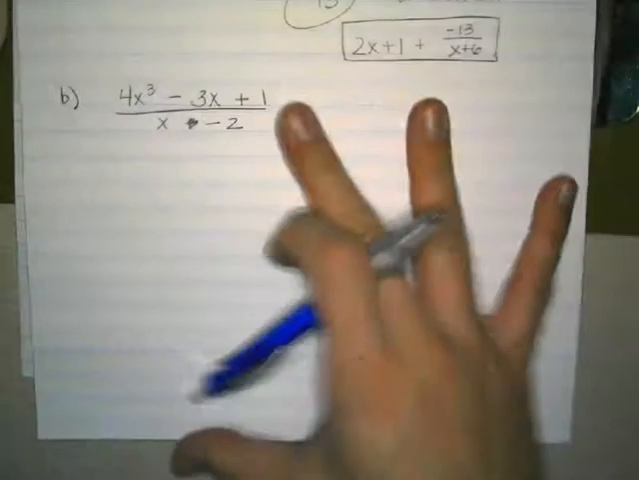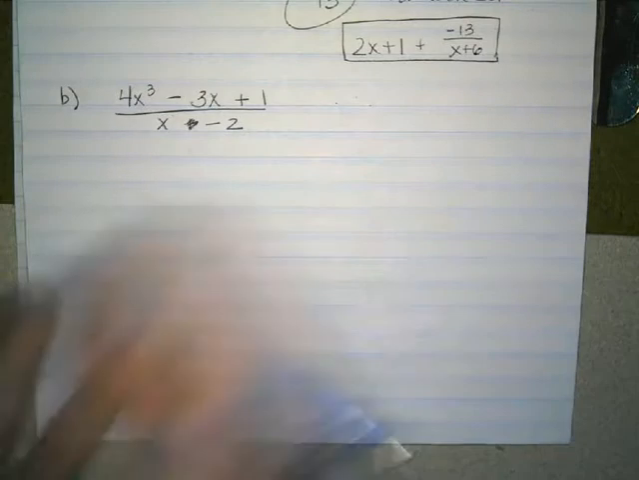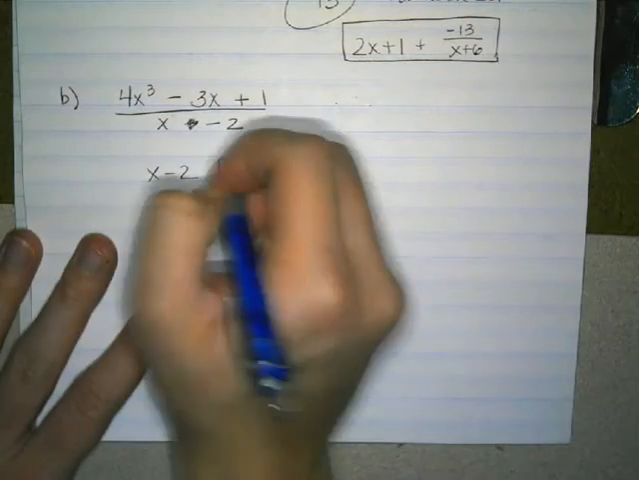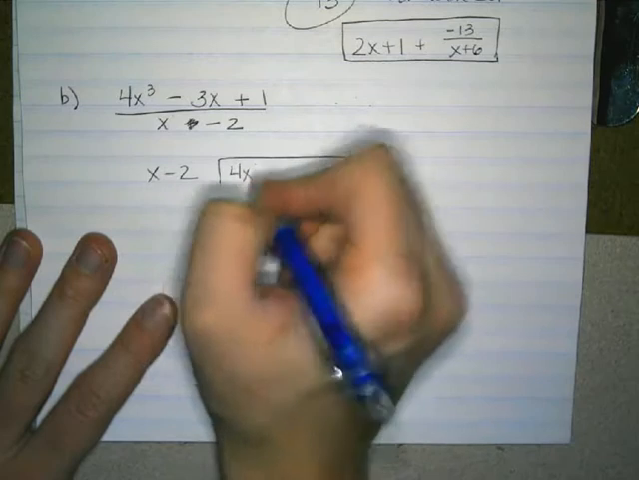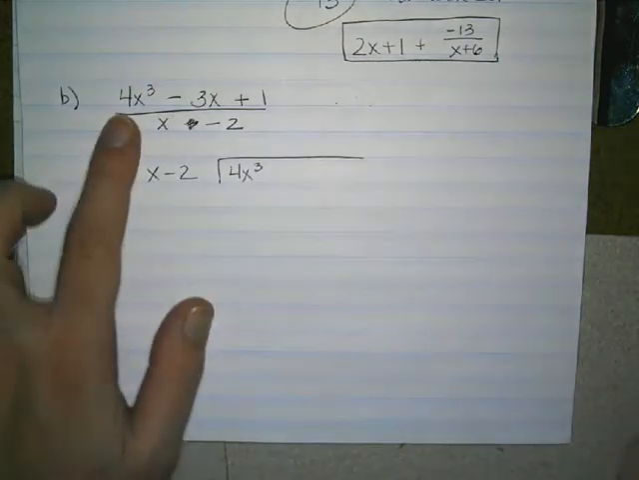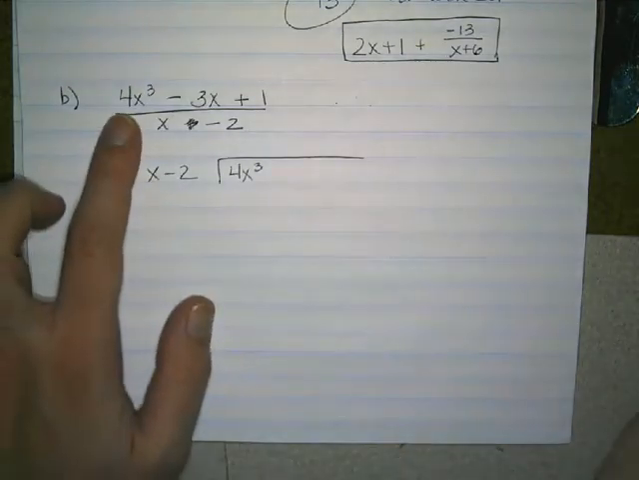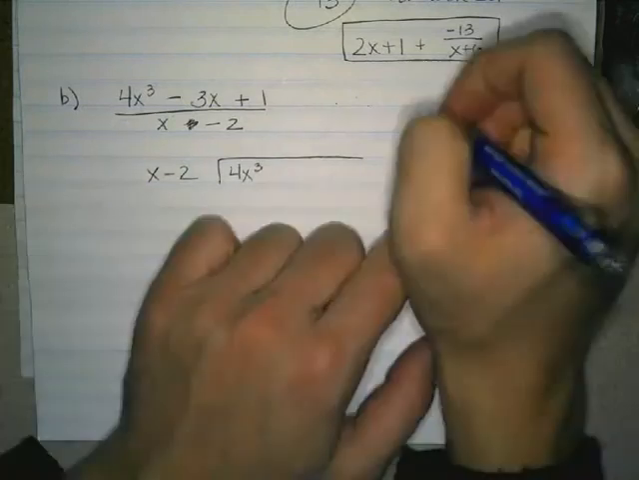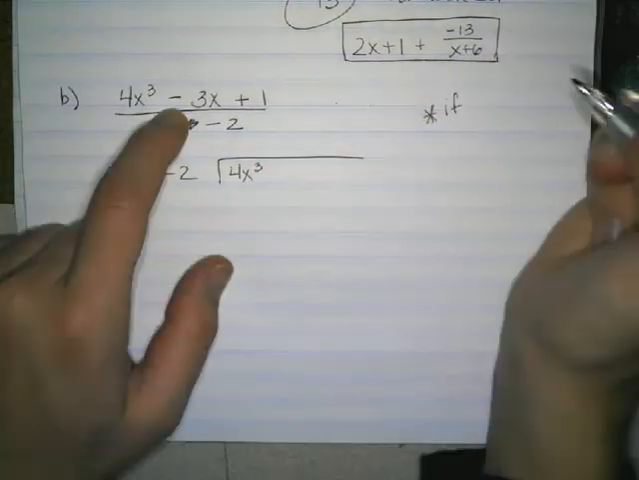Okay. For this one, we're going to set it up the same way. So x minus 2 goes into 4x cubed. Now, before I write the rest of it, one thing I have not mentioned yet, but is pretty important, is that if you are missing terms, so like in this case, we're missing our x squared,